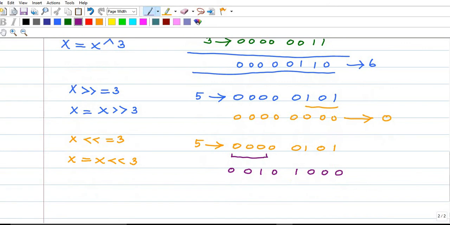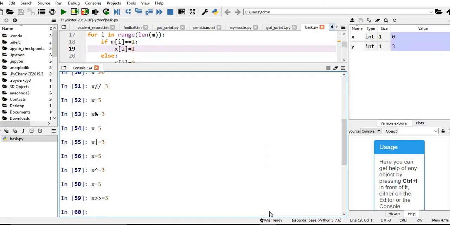You just convert this to decimal. This is 2 power 3 plus 2 power 5, which should be 40. We'll check whether we are getting 40 or not. So x is equal to 5, instead of right shift, left shift. You just notice x has become 40.